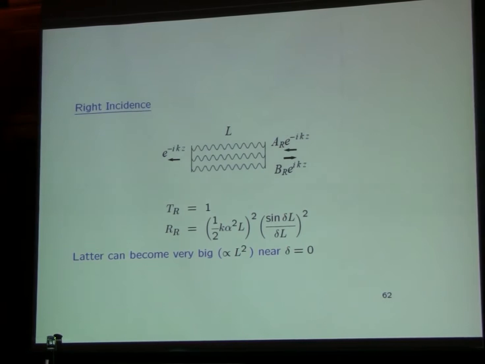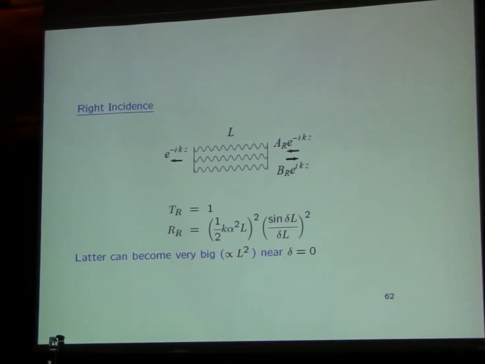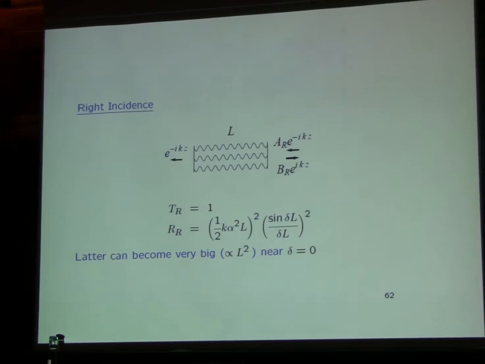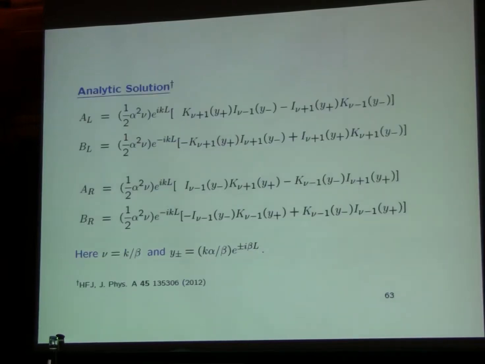Delta is called the detuning. It's the difference between k, which is the wave vector, and beta, which was the modulation of the refractive index. So when they're in tune, that's when delta is equal to 0. And this reflection coefficient has this sinc form, which can get very big, proportional to L squared, near delta equals 0. It turns out you can do this whole thing analytically. You can solve the whole equation analytically for these coefficients in terms of Bessel functions, I and K Bessel functions,